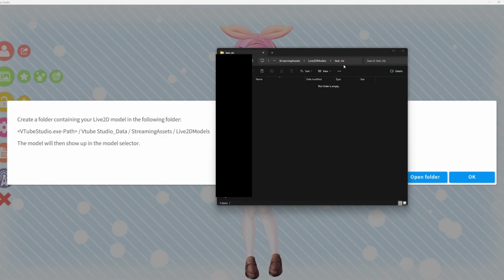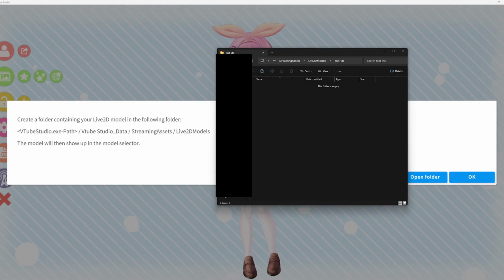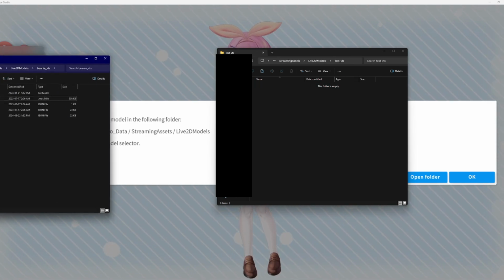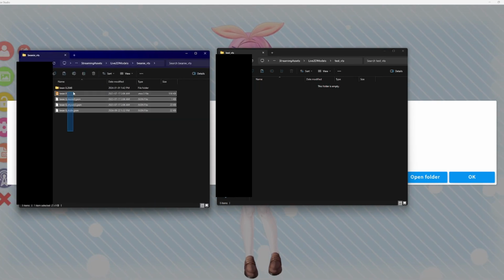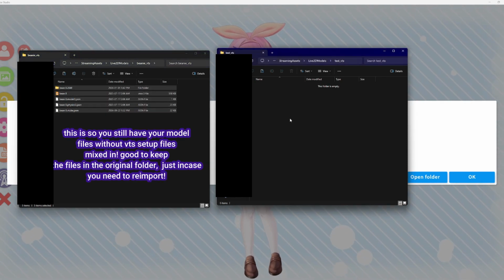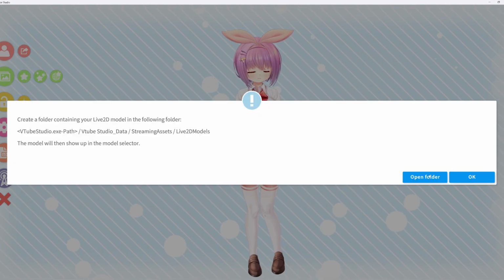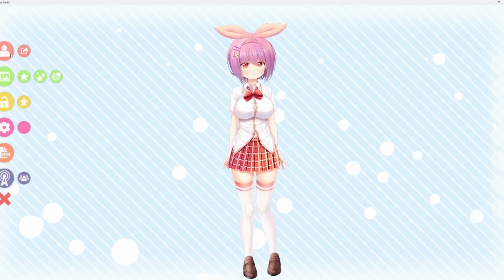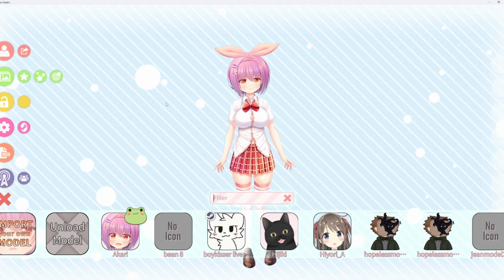Now that you made this folder, you're going to get your files that you commissioned or downloaded off of Etsy or wherever you managed to get them. You're going to take them. I would recommend copy and pasting just for good luck, but you can also drag and drop if you want. So now that you've done that, you can close out of all these windows. Press OK. Now that you've put the files into a folder within Vtube Studio,